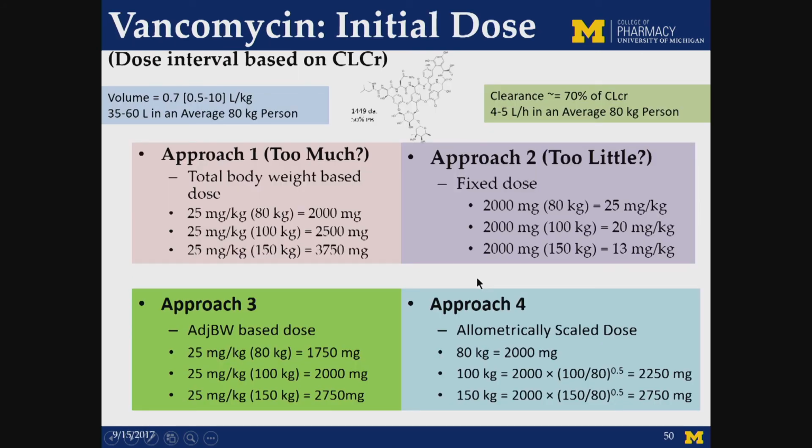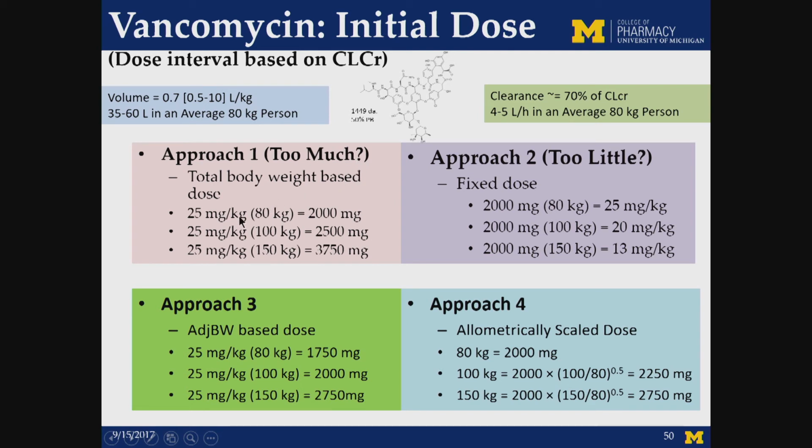Another drug where this is seen to be quite relevant is with the dosing of vancomycin. This dosing historically has been thought to be reasonable based on actual or total body weight, because the volume of distribution of this drug is thought to be very similar to total body water estimates in most individuals. Now there could be multiple approaches that are used. So one approach that's used in current guidelines is to dose the drug based on total body weight. And so when you look at that, using total body weight,